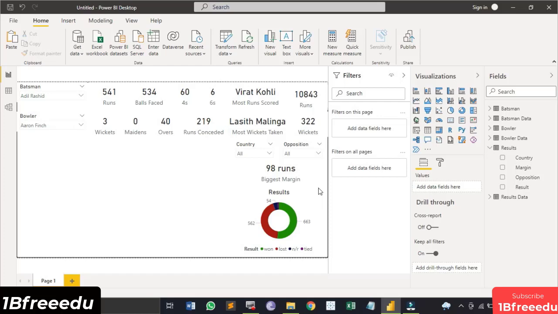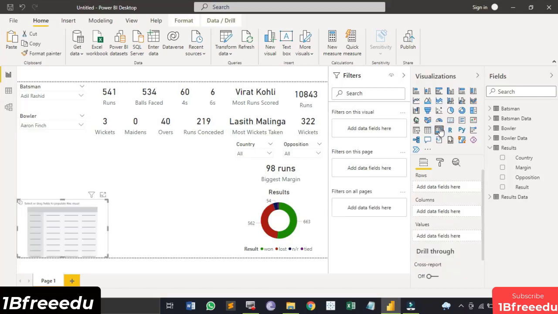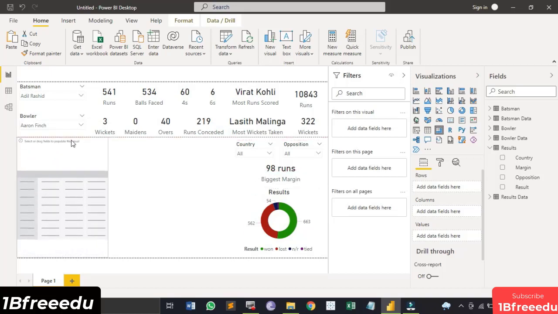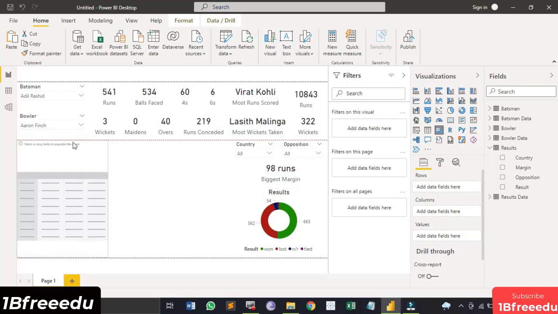Now what we are going to do is we are going to work with the simple visualizations, the charts, the matrices that were created. So first of all, let's just go with the creation of a matrix. Now matrix is just like a table that is used to show data, but the table shows the data with the column headers. The matrix shows the data with the column as well as the row headers, right?